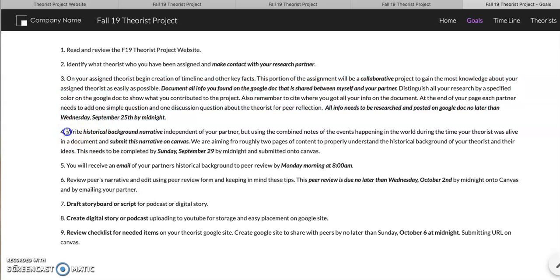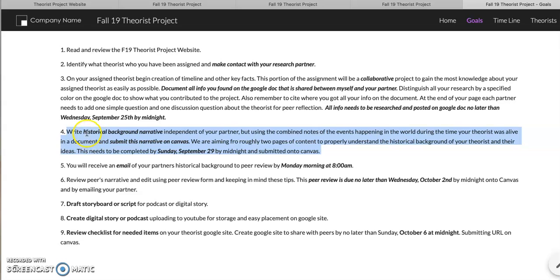The next thing we're going to do is, on your own, you're going to write a historical background narrative. These theorists make a lot more sense if we understand the times that they were living in. If we can understand when they were living, a lot of times it makes sense of some of their opinions towards education or the institution or even children. That historical narrative is eventually going to end up on a Google site like the one that you see here. Your end product is to create a Google site to share with your peers so they can investigate, research, and learn about the theorists that you have already developed the website on.